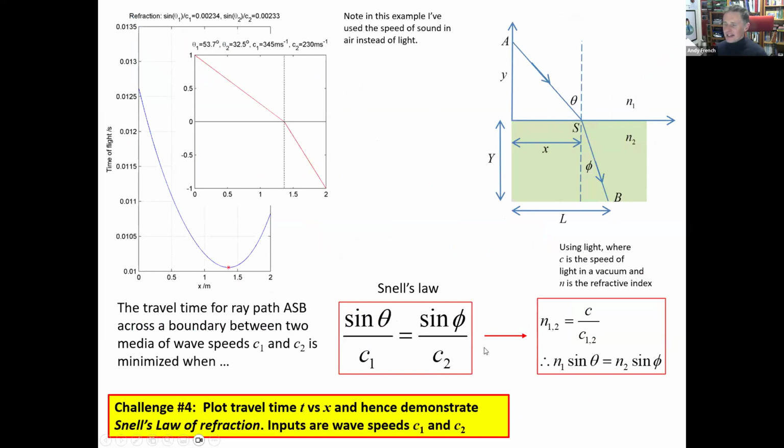Stuff you've been using probably for years, but why is it true? We can do the minimum of the time of flight, which is rather lovely. For those of you who might be reading ahead, that's also a special case of Feynman's sum over histories method. I probably don't recommend doing that, but it's possible. You could look at all directions at once, and this one is the most probable. So that's how we go from Fermat's idea to much more modern quantum electrodynamics. But there we go. So that's the starter stuff.